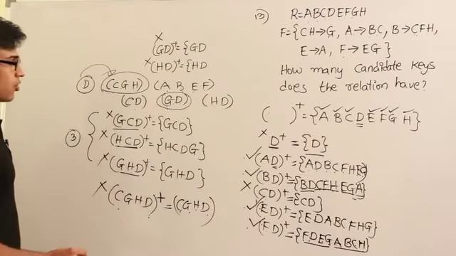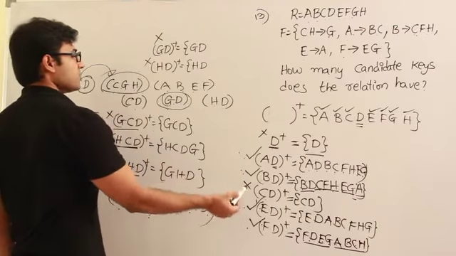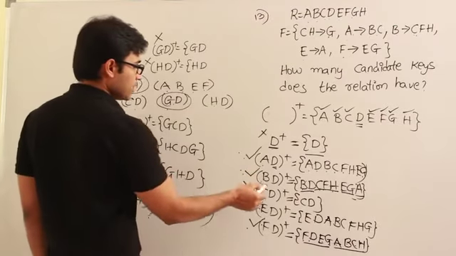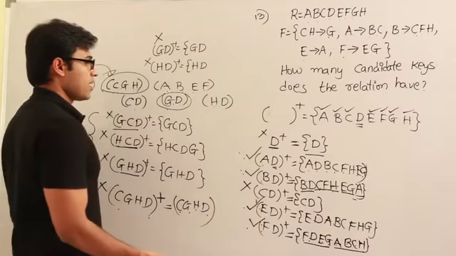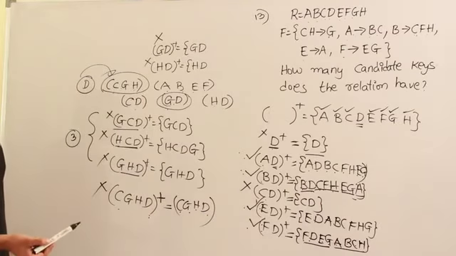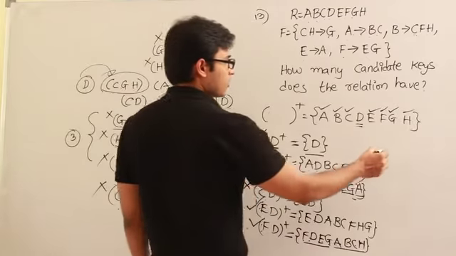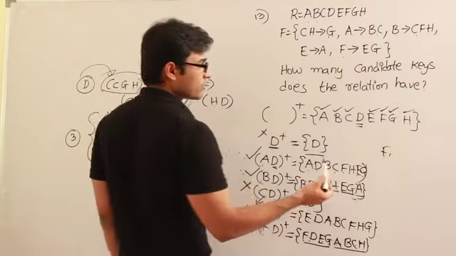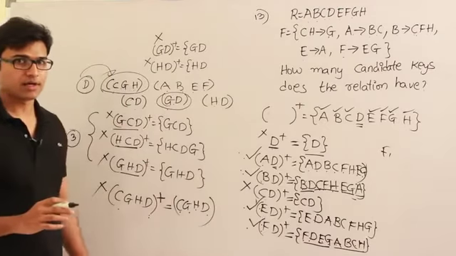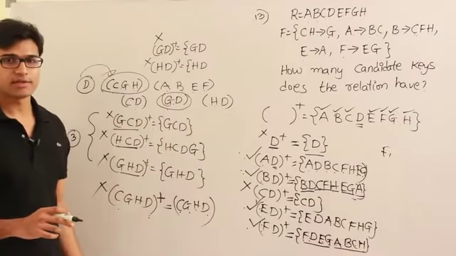So finally, only 4 candidate keys are possible, and the 4 candidate keys are AD, BD, ED, and FD, right? And what about the number of super keys? That you can do, right? So how can you find out? It is actually a kind of F1 union F2 union F3 union F4, union of 4 sets, right? Extension of union of 3 sets, like that.